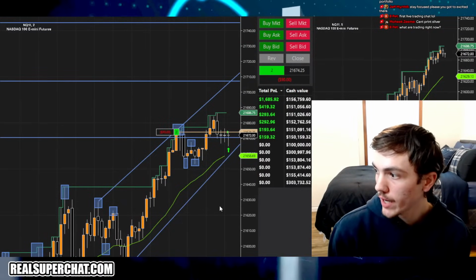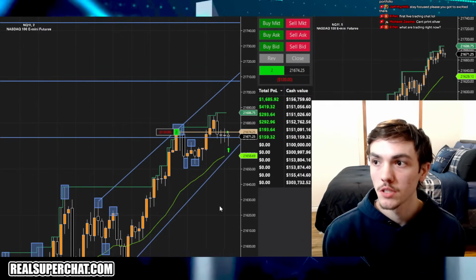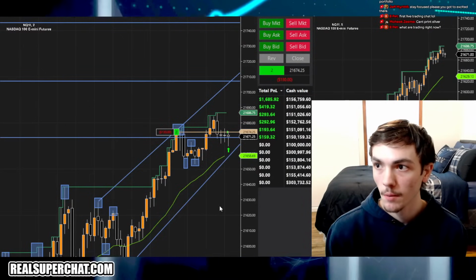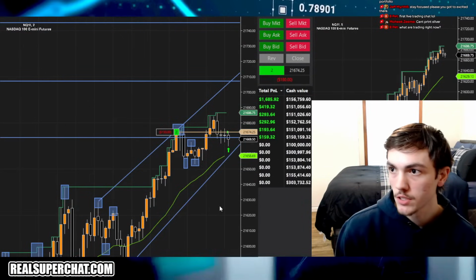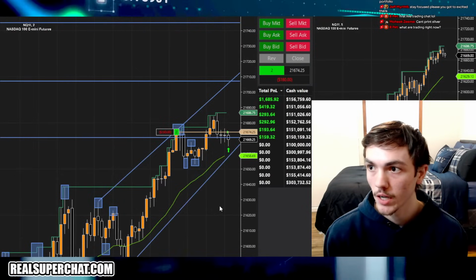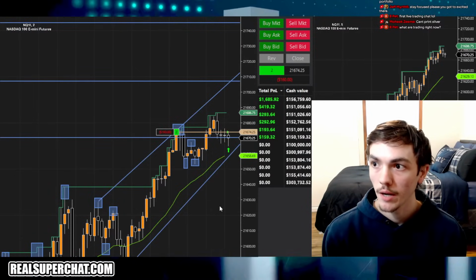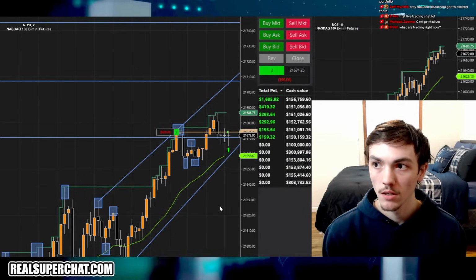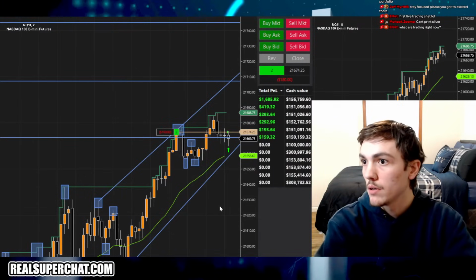What are you trading right now? BPAT, I'm trading NQ futures, the future indices of the NASDAQ. Looking for this to hold this pivot point. NQ created a higher high. Looking for this to create a higher low. Send it up.